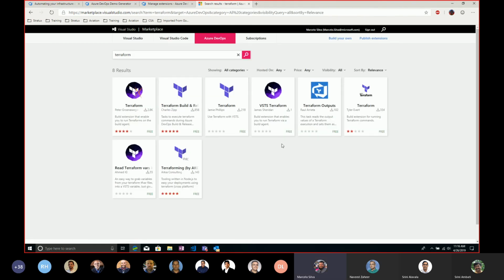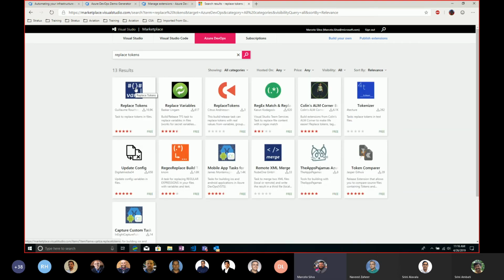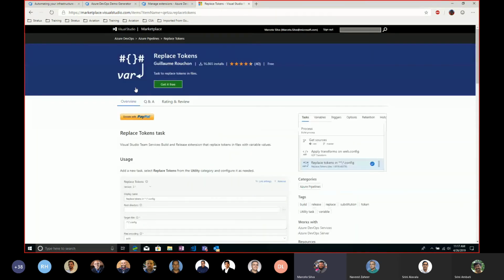Several different things. That demo is using this one here. The other extension you need is the replace tokens. That's the one you're going to use. And notice a couple things, and this might come up as questions from your customer: this is not a Microsoft